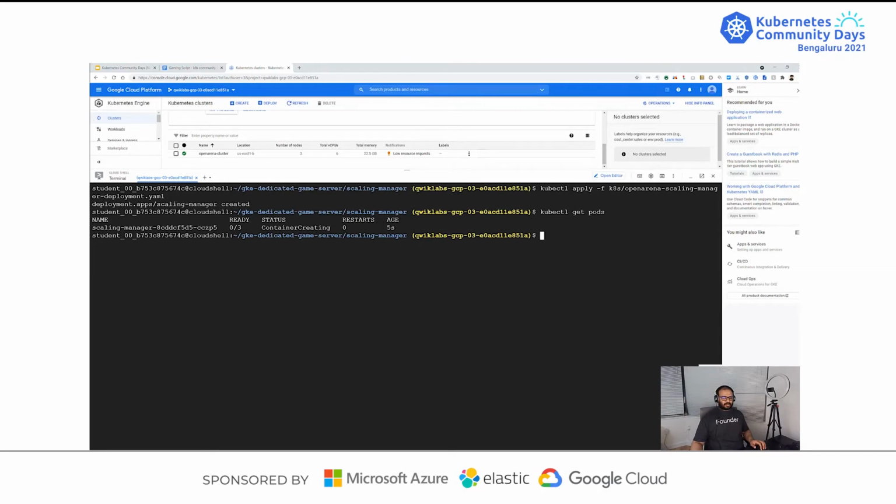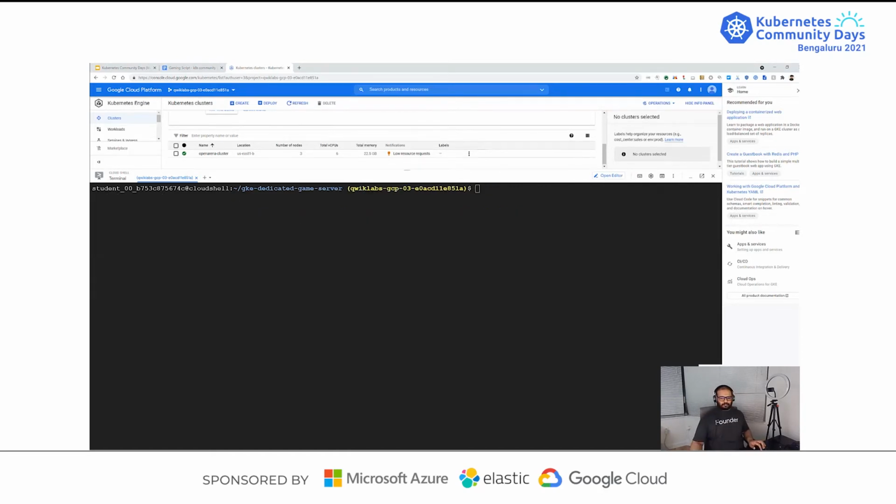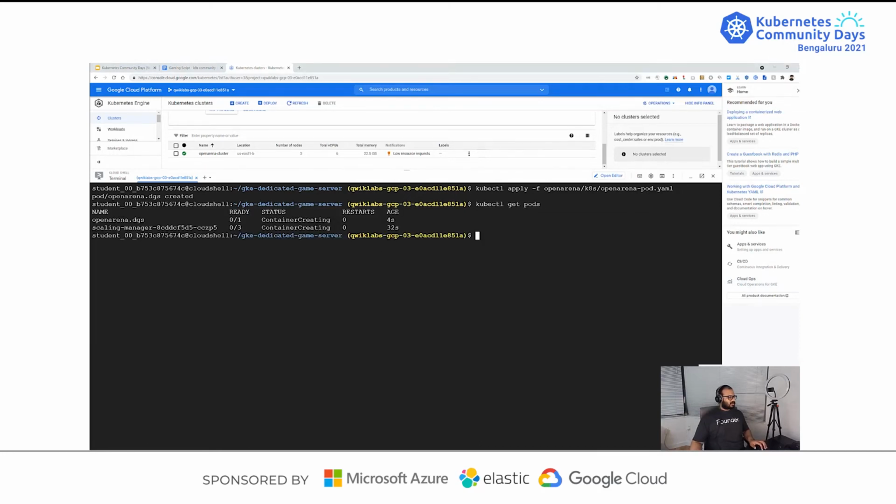The next step, which is the most crucial part, is deploying the OpenArena. Now with kubectl we pretty much deployed the OpenArena pod, and if you see the pod, you'll see it up and running in a moment.